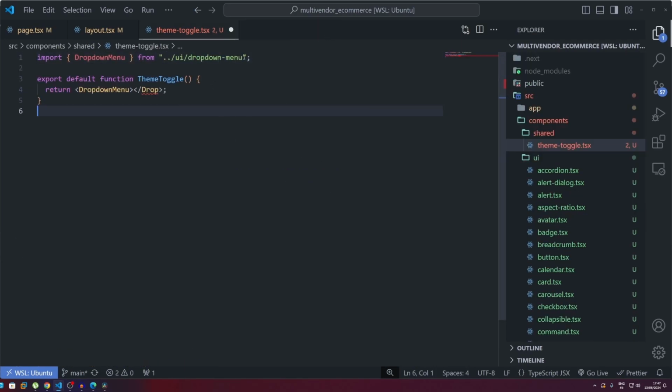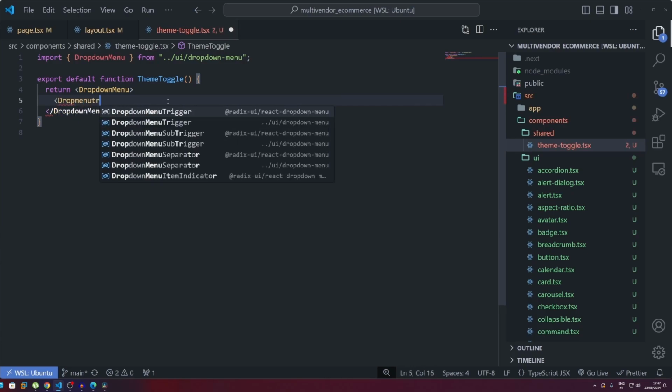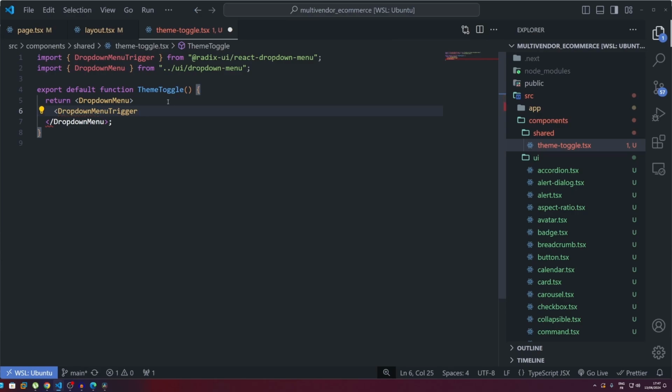Instead of importing it from Radix UI, it is the static one from the website, and you're not going to be able to change it. So we have a drop menu right here, and inside this drop menu we need a trigger for it. So we're just going to go DropdownMenuTrigger, like that. And this simply is going to be asChild. We're going to give it this property,